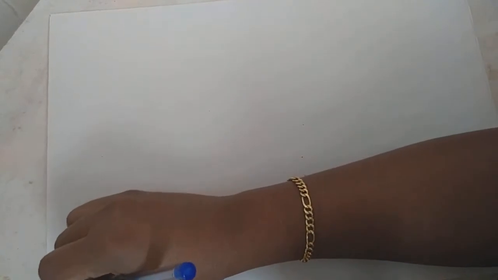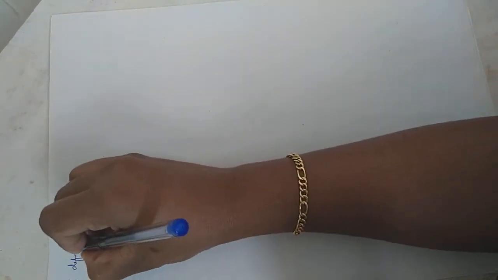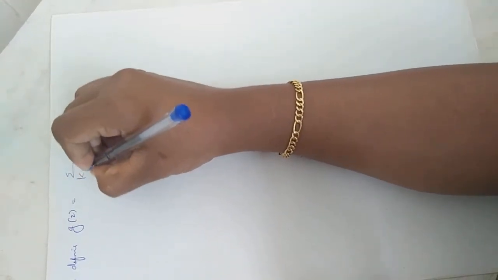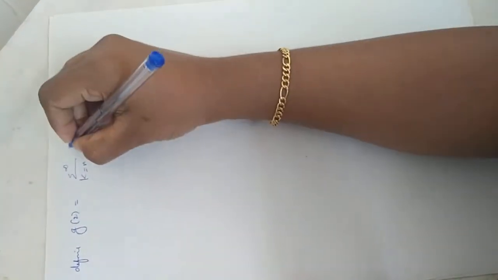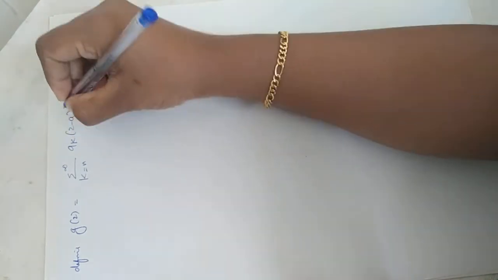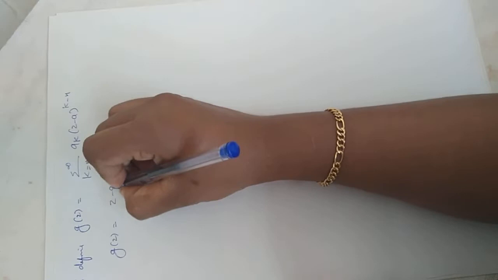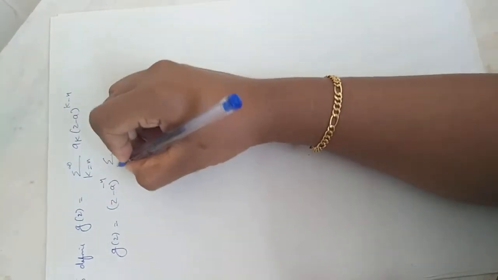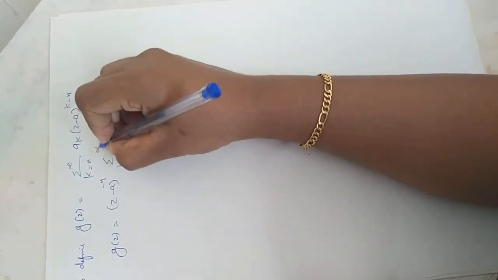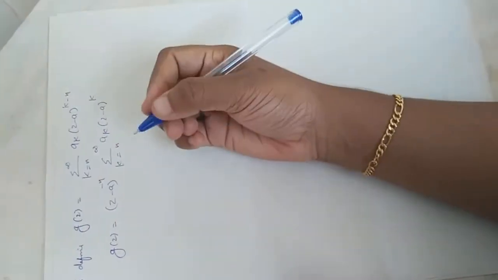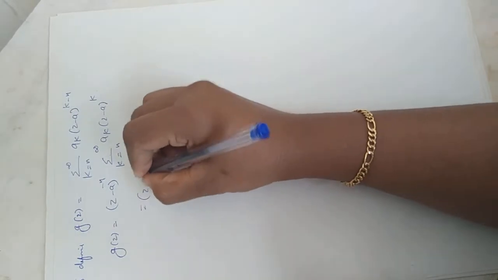Okay, now we define a function. Define g(z) = Σ_{k=n}^∞ a_k (z − a)^{k−n}. Then g(z) can be rewritten as (z − a)^{−n} times Σ_{k=n}^∞ a_k (z − a)^k, which is equal to (z − a)^{−n} times